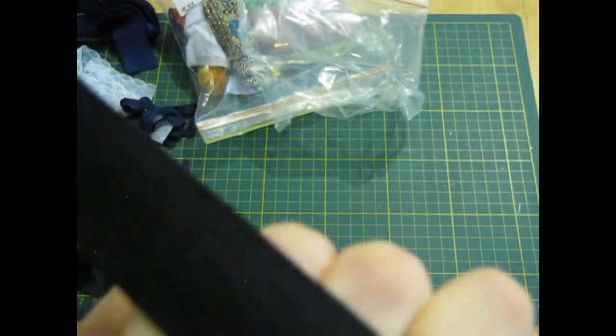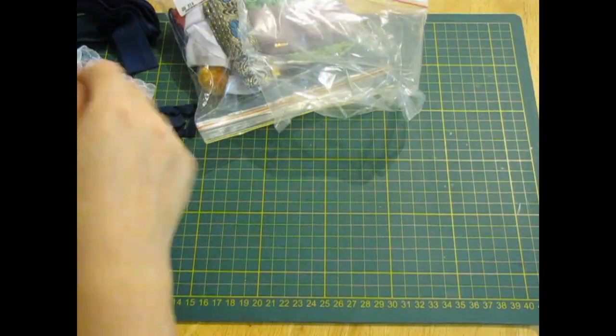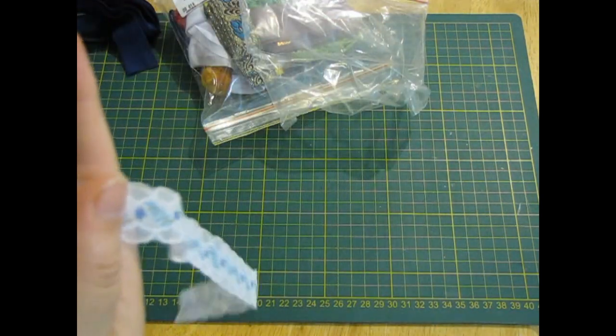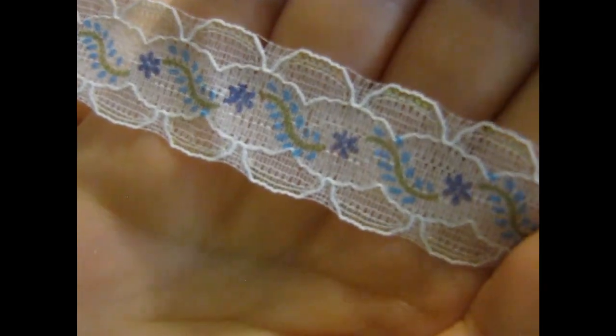It's sort of like an elasticized cord that doesn't have a lot of give in it. A bit of ribbing, I suppose you'd call it. Some blue rickrack. More beautiful. Oh, the pattern on this is really cool. See if I can get it close enough so you can see. There we go. Isn't that nice? It's not a lot of it, but